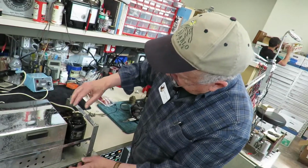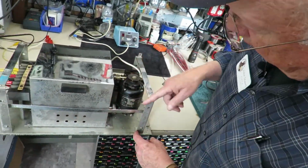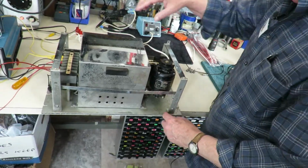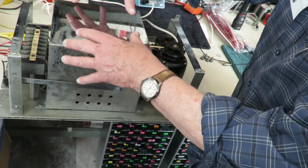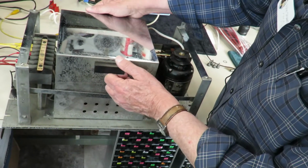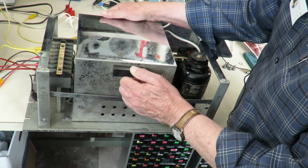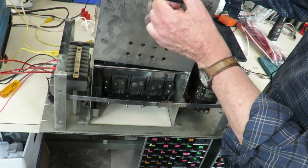I flipped it over on its face. This is the drive motor that has a gearbox that turns that drum. You notice that the sensors are all underneath this metal shield to prevent the electrical 60 hertz hum from getting into the sensors. So I'll pull this off,